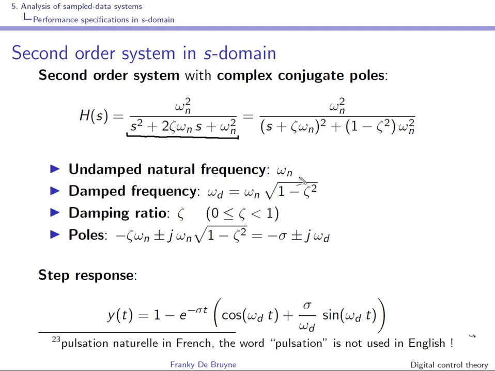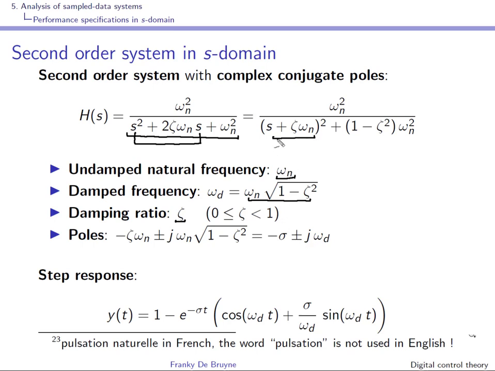Omega n here is the undamped natural frequency. Zeta here is the damping ratio. It's a number in between 0 and 1, and you can see that the damping really is affecting what is called the damped frequency. If you complete the squares on this denominator, if you complete the squares on these two first terms, well, you